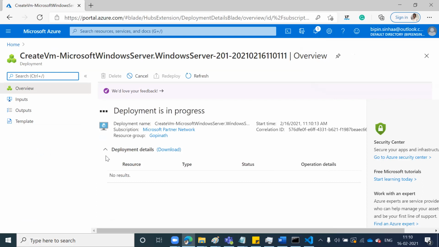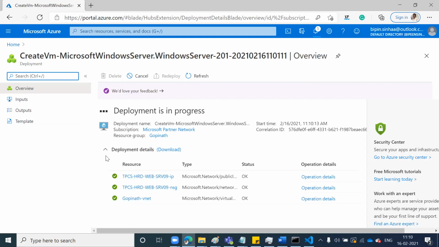So the virtual machine with storage and network is being created. How much time will it take? Usually 2-3 minutes. This server will be created in US East, a US data center.